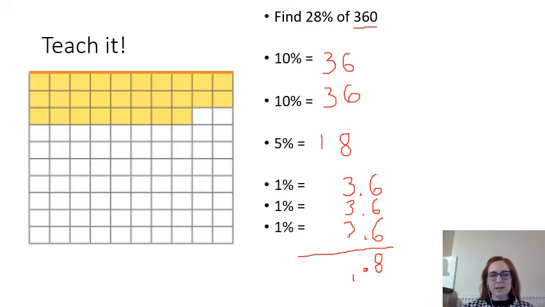6 add 6 is 12, plus 8 is 20, 23, 26, 29, 30. 3 is getting worse. I'll write that a bit neater. I've got 30. Then I've got 3, add 3, add 1, add 3, 3, 6, 9, 10. Giving me 100.8. 28% of 360 is 100.8. Okay,